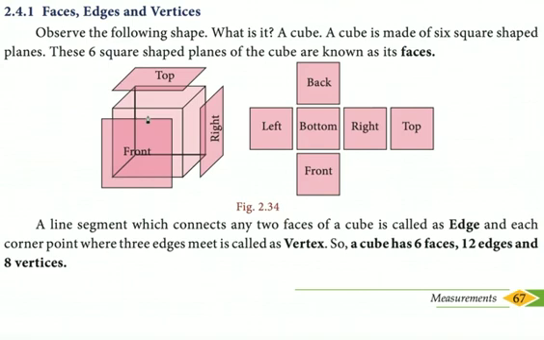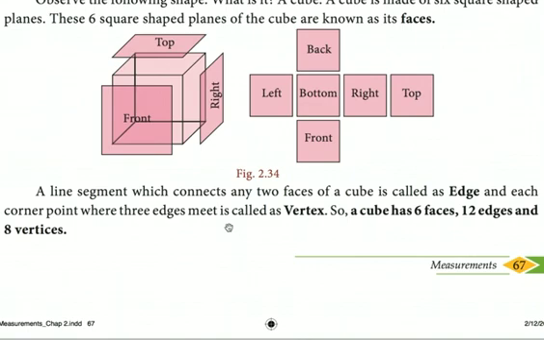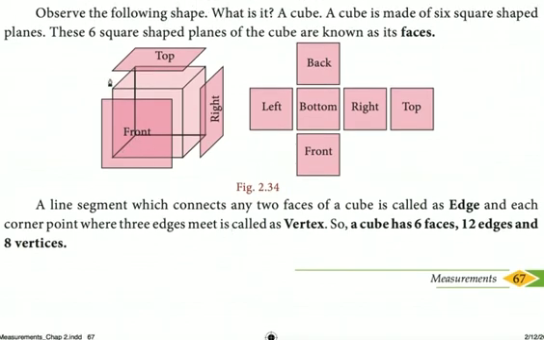Difficult to count, right? Take a cube outside, not in the textbook. It is better to take a cube outside and count. You'll get 12 edges and 8 vertices. Vertices are quite simple: 1, 2, 3, 4, 5, 6, 7, 8. That you can show here also. Faces also you can show somehow: front, back, right, left, top, bottom. Six faces. But edges are quite difficult, I think. 1, 2, 3, 4, 5, 6, 7, 8, 9, 10, 11, 12. Yeah, 12 edges I got.